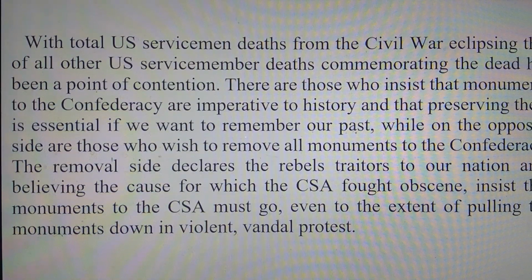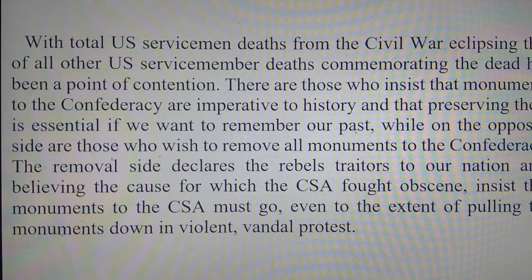While the total U.S. servicemen deaths from the Civil War eclipse that of all other U.S. service member deaths, commemorating the dead has been a point of contention. There are those who insist that monuments to the Confederacy are imperative to history and preserving them is essential if we want to remember our past, while on the opposite side are those who wish to remove all monuments to the Confederacy. The removal side declares the rebels traitors to our Union and, believing the cause for which the CSA fought obscene, insists that monuments to the CSA must go, even to the extent of pulling the monuments down in